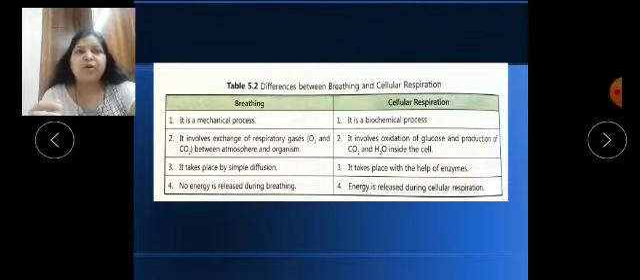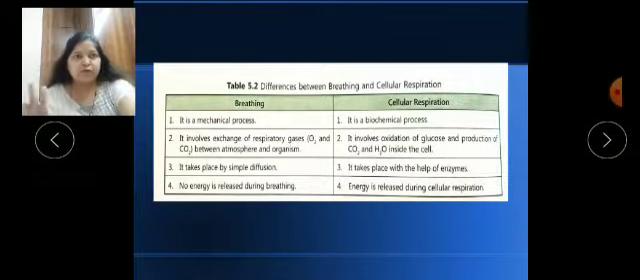Now what is breathing and what is cellular respiration? If you understand these differences, you will get the idea that both are different things. I told you, the first one is a mechanical process, no enzyme is used, no chemical is used, whereas cellular respiration or aerobic respiration is a biochemical process. Now the second point is, breathing involves exchange of gases: inhalation of oxygen gas and exhalation of carbon dioxide gas,